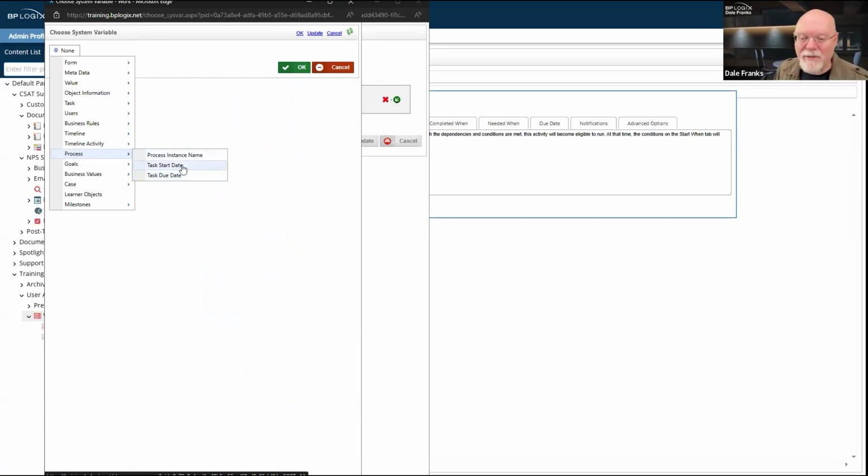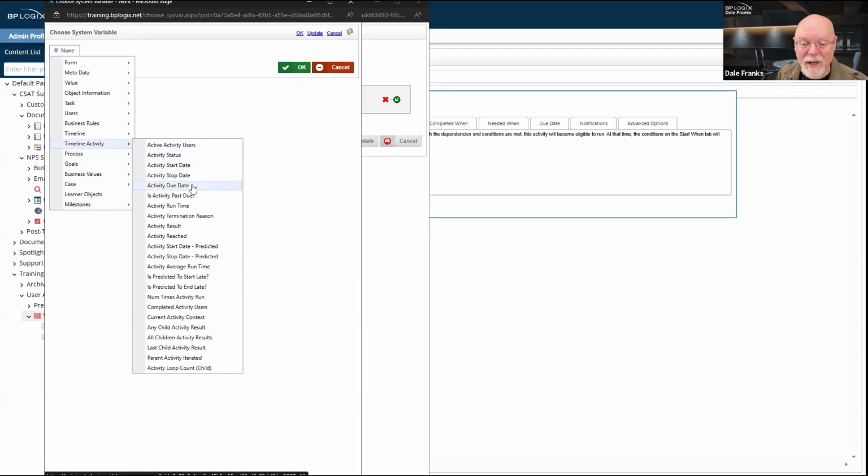I still have some task system variables here. I have the task start date and the task due date. If I go to the timeline activity, I also have an activity due date. Now, for a user activity, those two dates should be the same. There's an exception to that too, as we'll cover in a few minutes, but they should usually be the same.